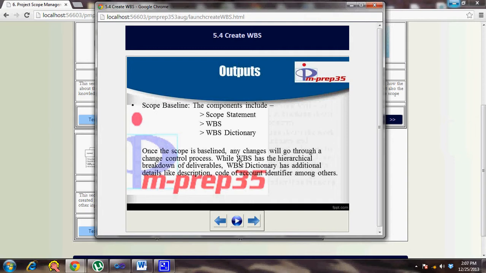The change control board reviews all the impacts and decides to take up the change. If it decides to take up the change, it approves it, and then the documents are revisited, and there's a new baseline in place, and based on the new baseline the team starts the work and includes that as part of the deliverable or the end product. So scope baseline, once it is baselined, if you have to re-baseline, you have to go through the change control process.